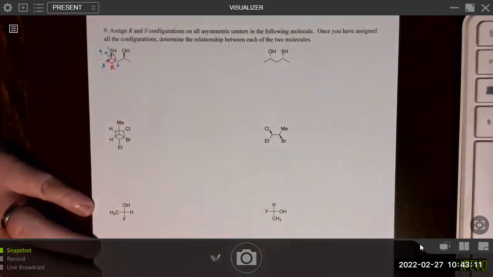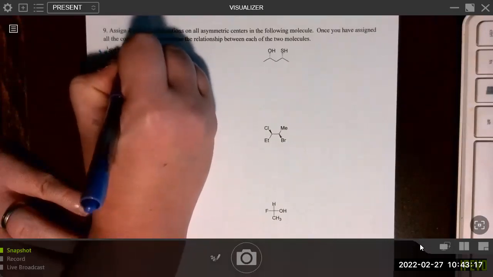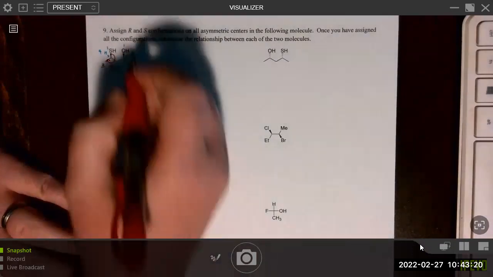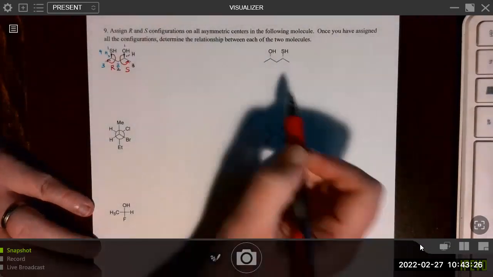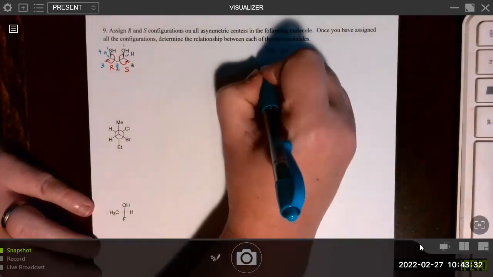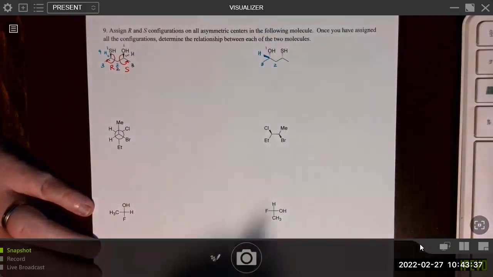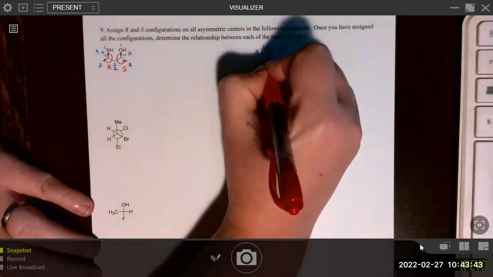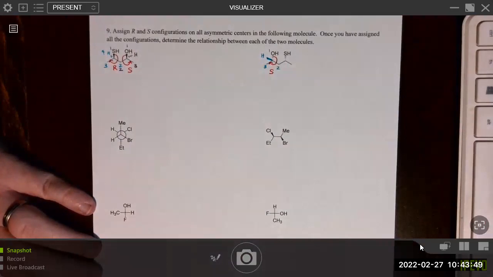Over here, we can do 1, again 2, 3 with the hydrogen pointing back. So 1 to 2 to 3, in this case is counterclockwise and S. Let's do the same analysis over here. So 1, 2, 3, hydrogen coming out at you now. Remember, with the hydrogen coming out at you, the fastest trick, so you don't have to redraw it, is just to do 1 to 2 to 3, and then if it's clockwise, write S. And if it was counterclockwise, I would have written R.